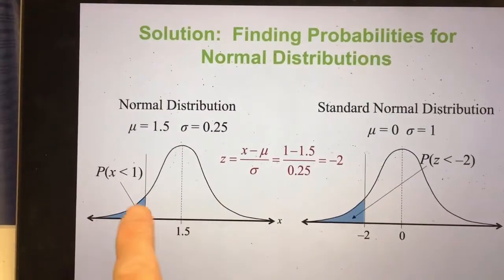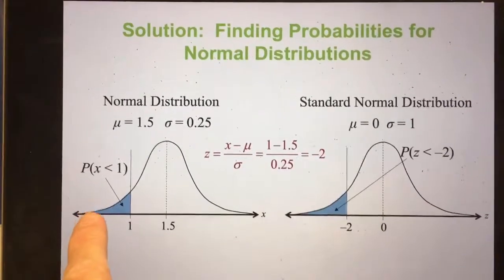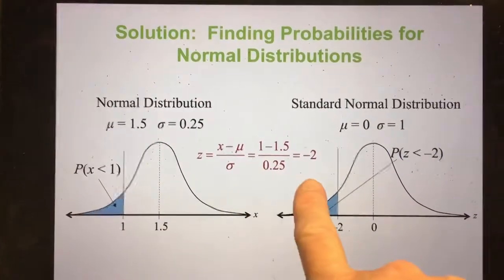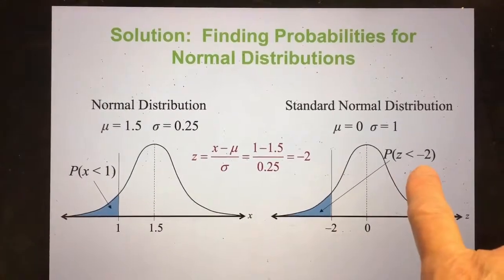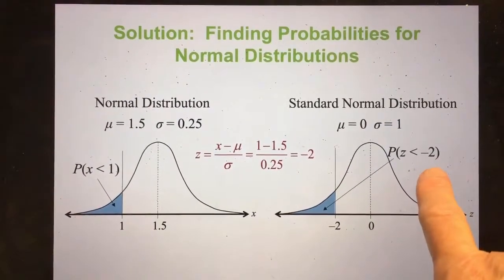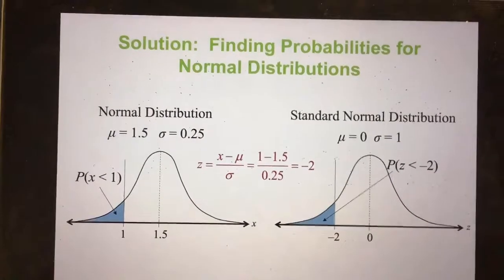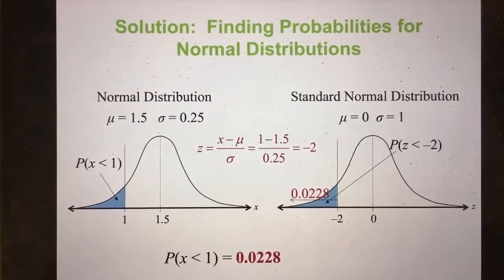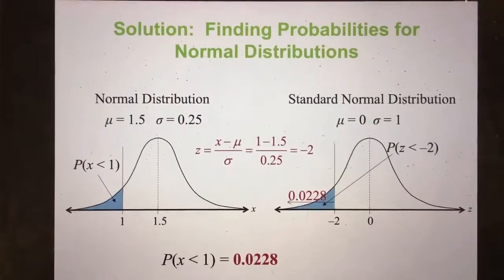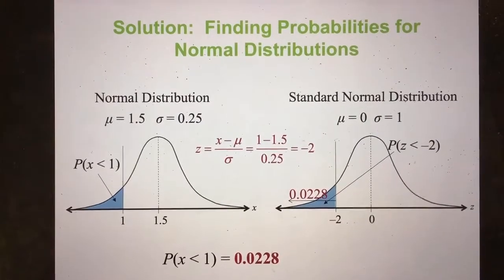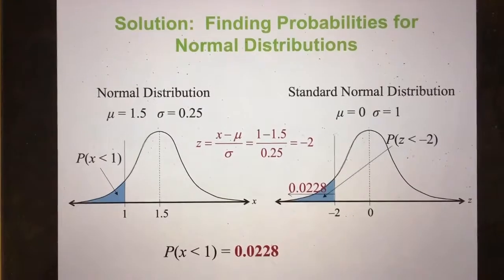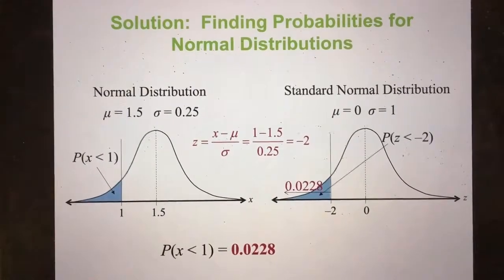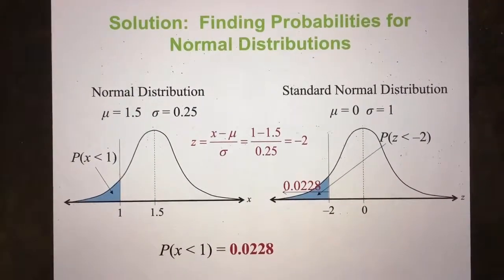So we're given a value, 1, but then we have to put it into a standard normal value in order to be able to use our table. So z is -2 is what we need to look up. And when we do that, we're going to get 0.0228